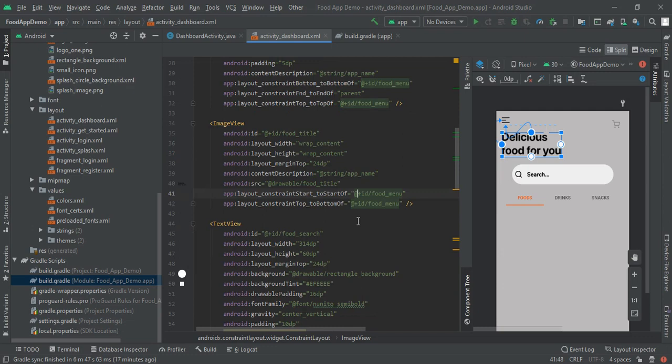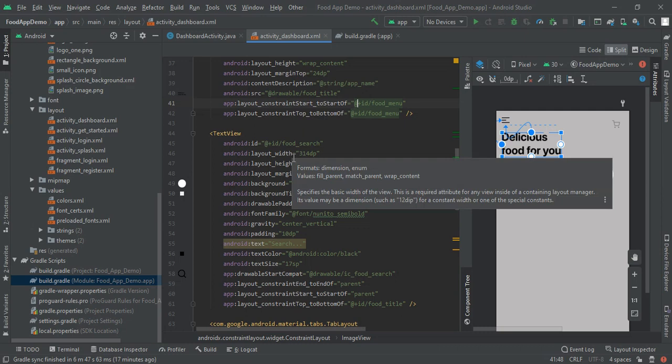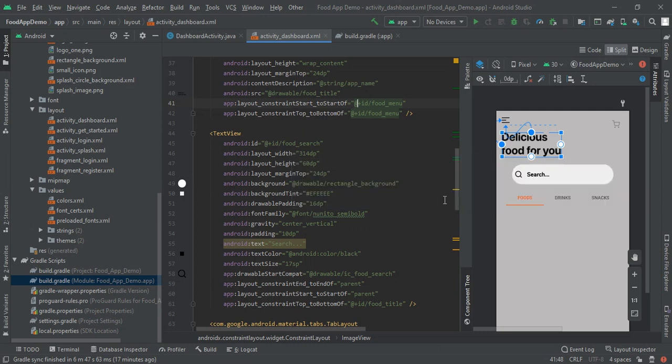Next I made a search thing. Here you can see all that search.